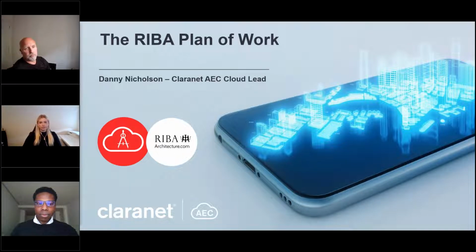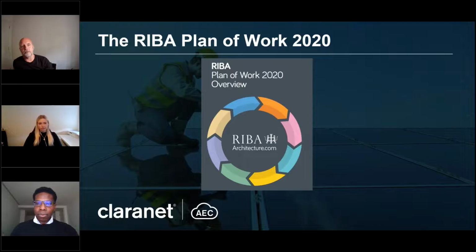So the RIBA plan of work. Now, the RIBA plan of work is actually the Royal Institute of British Architects plan of work 2020. So that's the current version that is currently in draft and being used by organizations. And what is it? Well, interesting question. It was created in 1963 by the Royal Institute of British Architects, and it gives you an 8-stage process